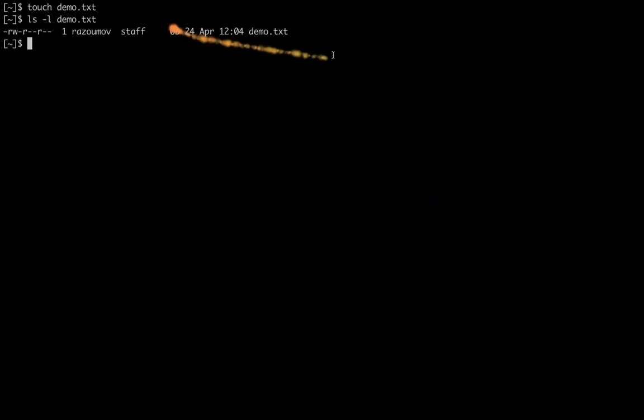Here I am on my local laptop, and I will create a file, touch demo.txt. The touch command will create an empty file. You can see that it's 0 bytes long. And let me use secure copy to transfer this file to the Cassiopeia system. I'm going to say secure copy